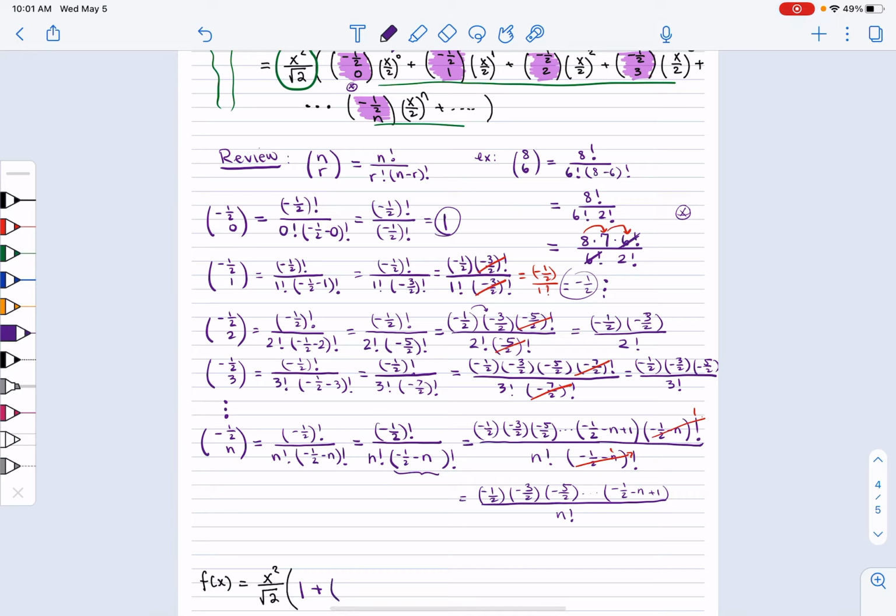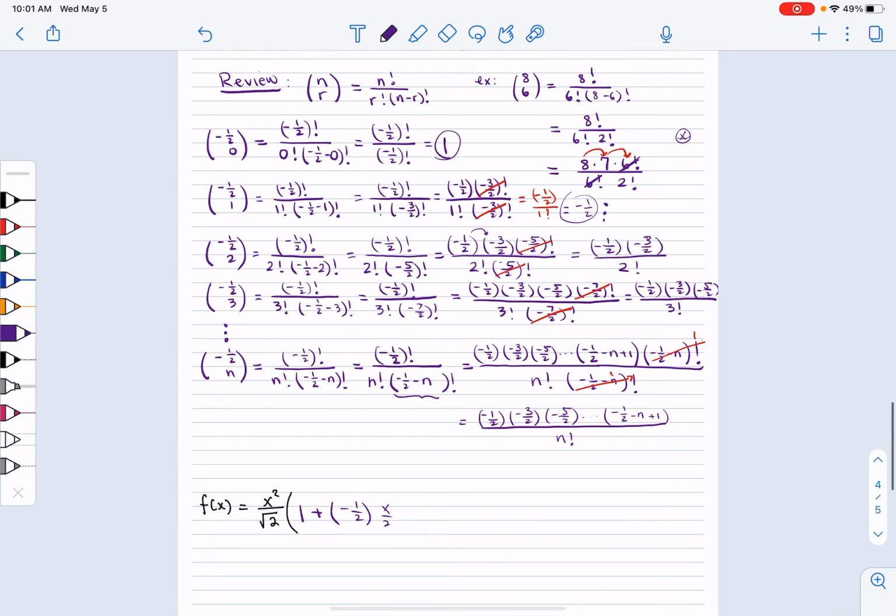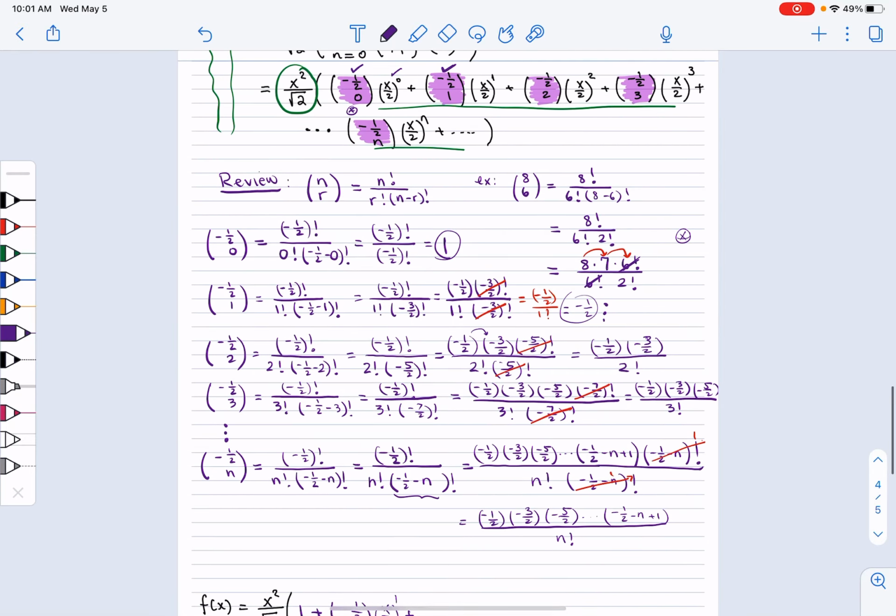So we're going to have a negative 1/2, and then x over 2 to the first power plus,